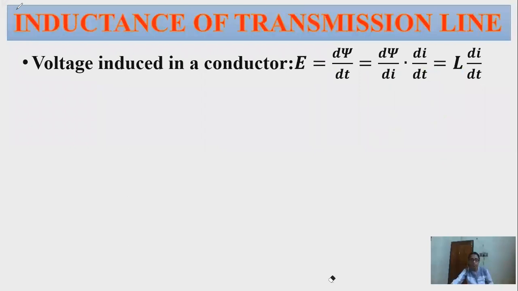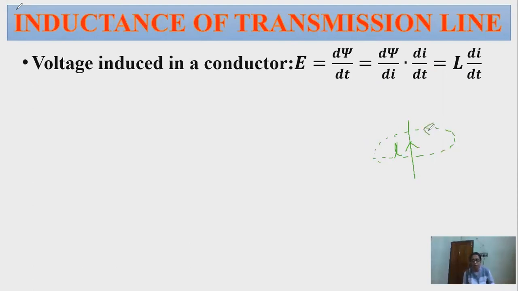Before going to the inductance of the transmission line, we know that for a current carrying conductor, a magnetic field will be produced across the conductor. If there is a current carrying conductor, suppose current I is flowing through it, then a magnetic field will be produced surrounding the conductor,